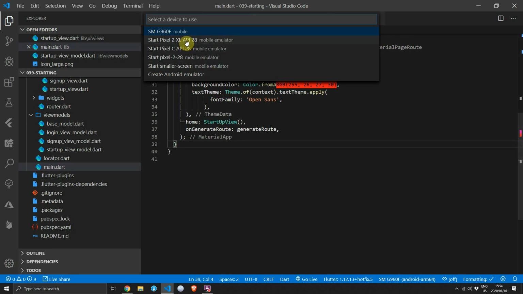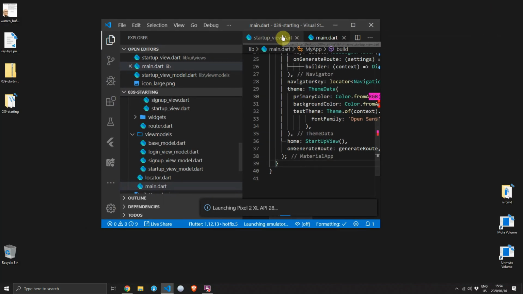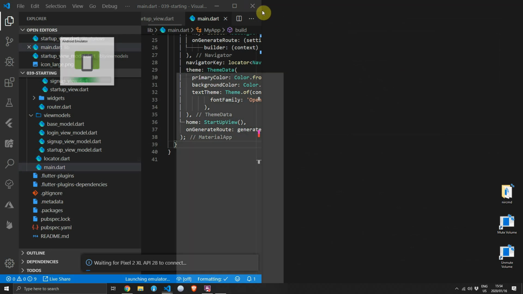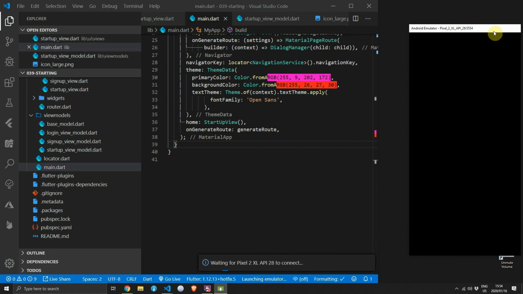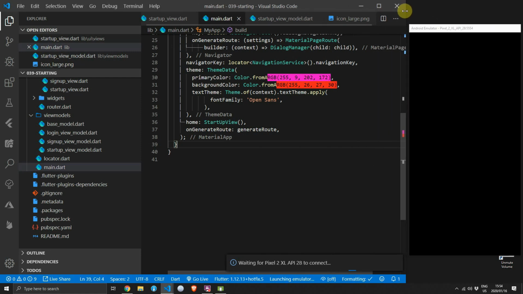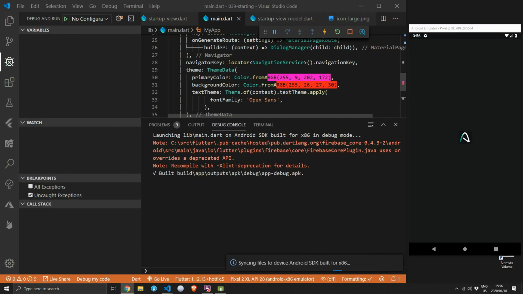Now for the rest of the app development, unless we need to check a different view on startup, we will always have the startup view because that's where we'll perform our logic that will determine which view to navigate to next. We can run the code and you'll see that the first view that we see is the startup view